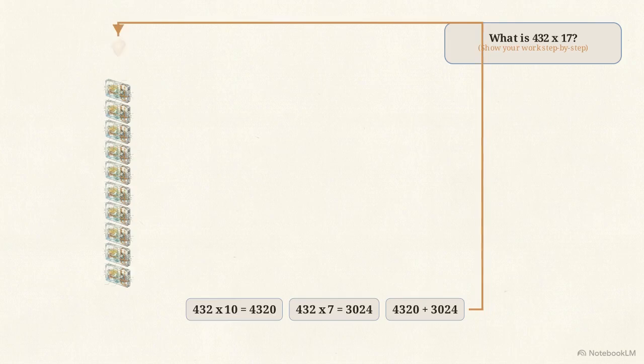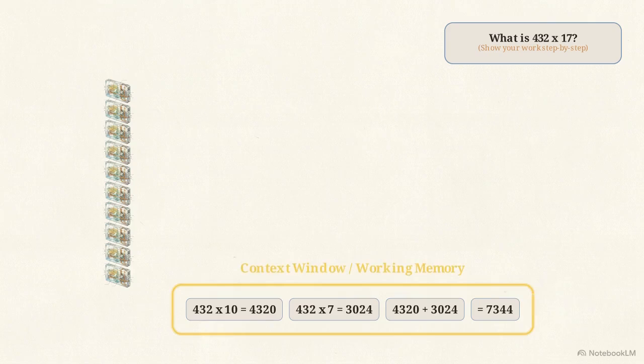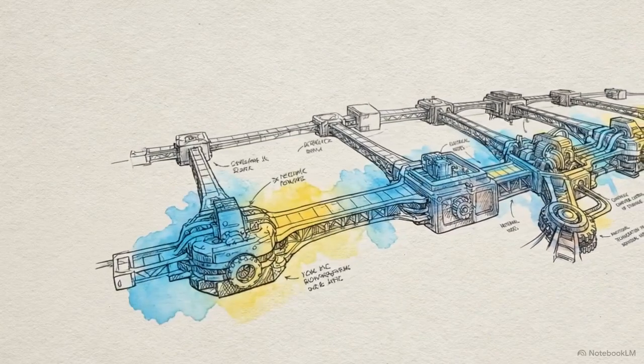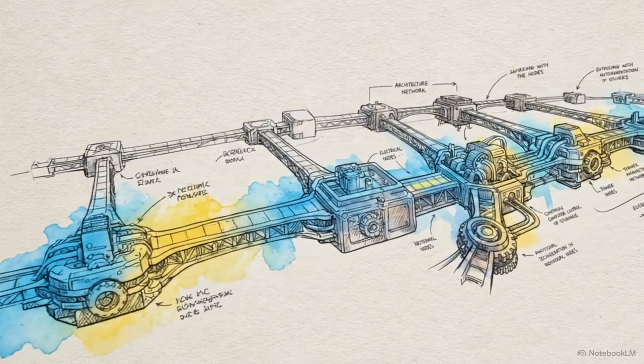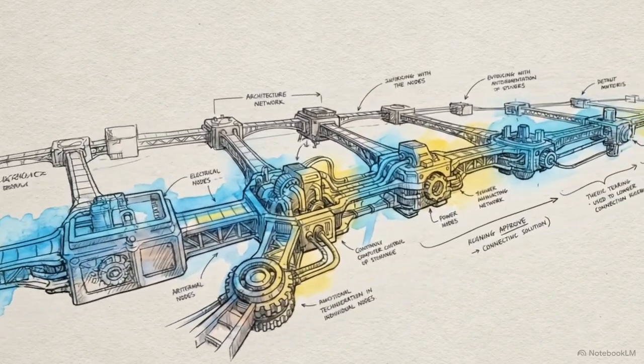The mechanical workaround is to force the model to show its work step by step, a technique known as chain of thought. Generating intermediate math steps horizontally distributes the computational load over time. Each newly generated token triggers a fresh, separate pass through the vertical layers. Every time a new token is created, it is appended to the context window, effectively serving as explicit working memory for the next forward pass. Large language models cannot think in the abstract. Their reasoning exists entirely as a distributed compute graph, spread horizontally across the generated token sequence.